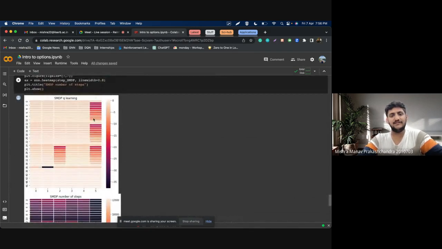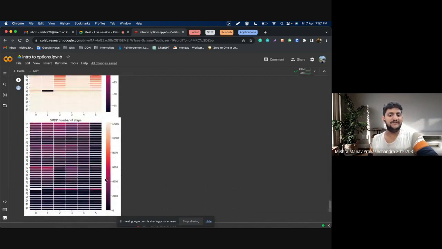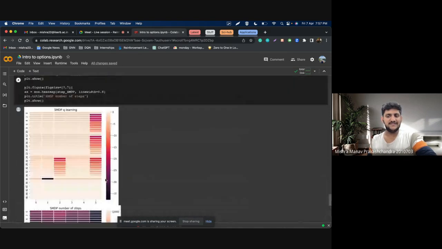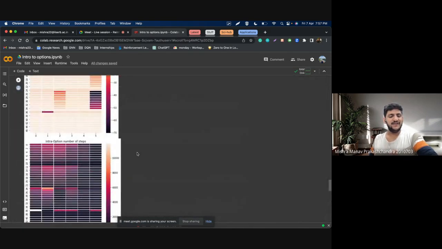Okay, so these are all negative values. If I choose to do the close action in SMDP Q learning, then it will come up with a higher negative value. Okay, I think this is a simple comparison for how SMDP Q learning and SMDP intra-option Q learning varies,